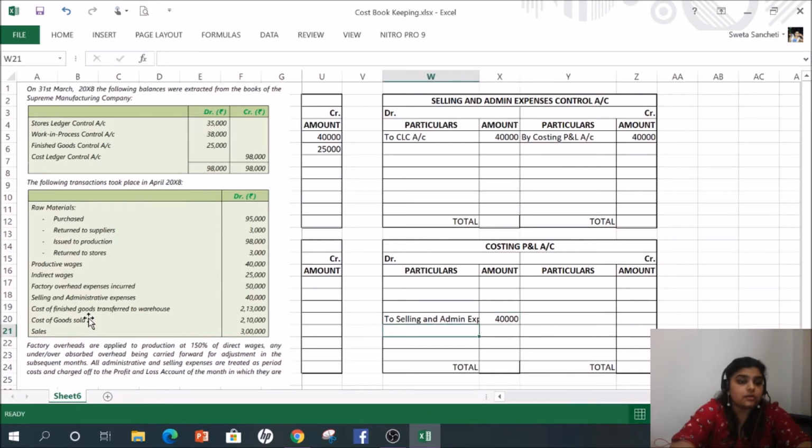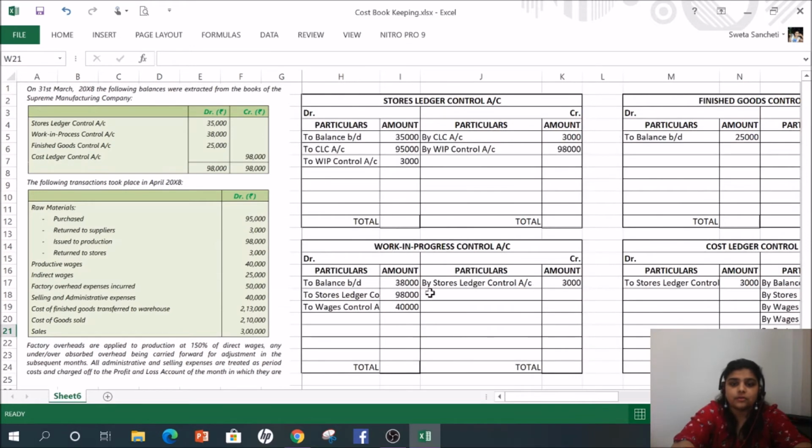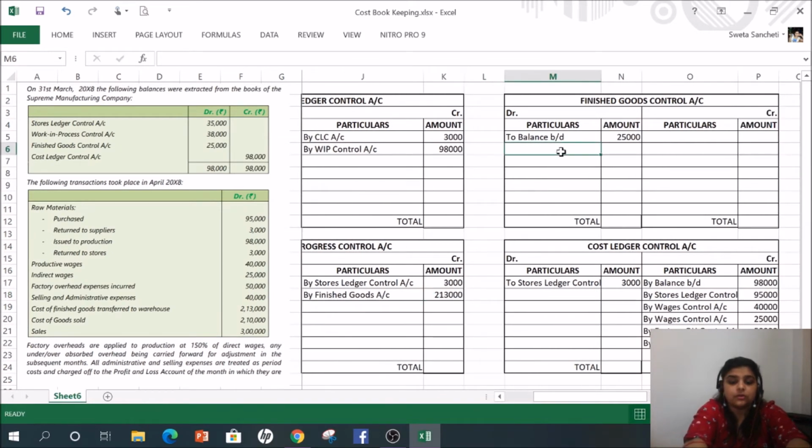Let's go ahead. Now next is cost of finished goods transferred to warehouse is 2,13,000. That means 2,13,000 finished goods are prepared from the production floor. From the production floor means it will come out of WIP. So let us go to our WIP account. Here, by finished goods account, that is equal to 2,13,000. Let's go to finished goods account, to WIP control account, that is equal to